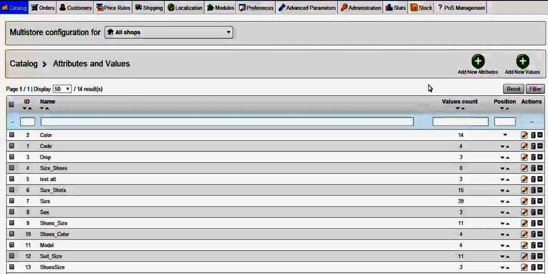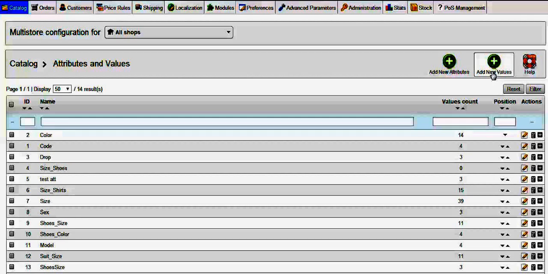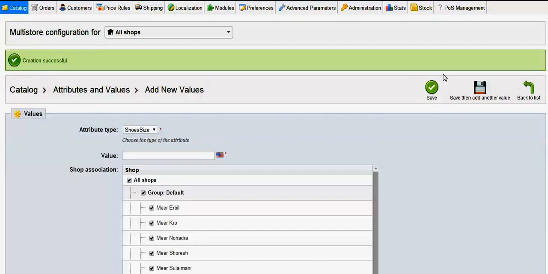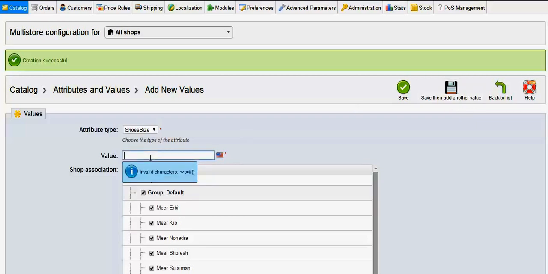Because that's done, we need to add new values to this new attribute that we have just created. So add new values, and then we say which attribute we are adding the value to. I have many, so I am adding to shoes size, and then we say the first value is 39, and I'll say save and add another one. Click save, then add another value. Now the next one we say 40,